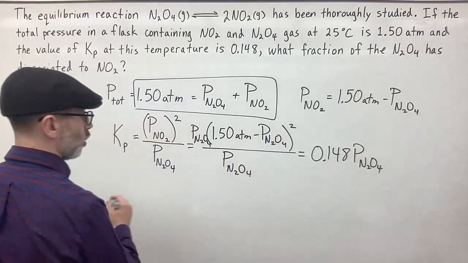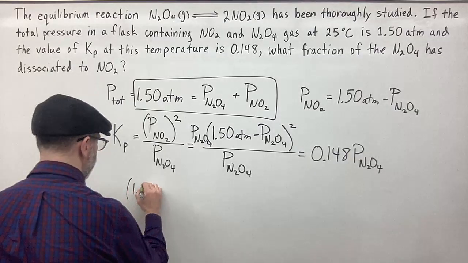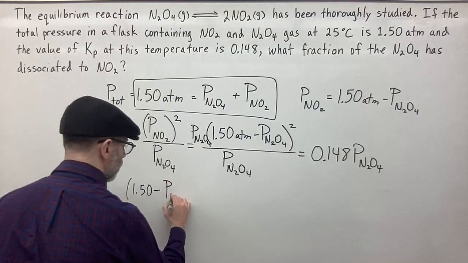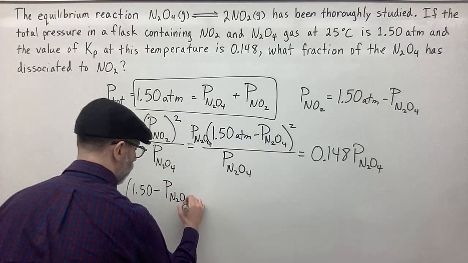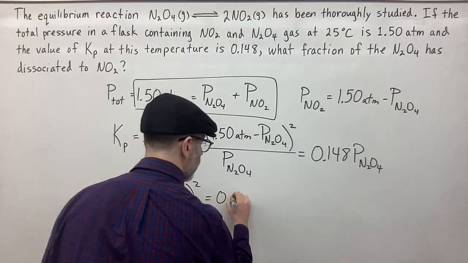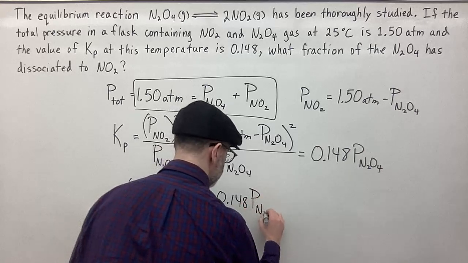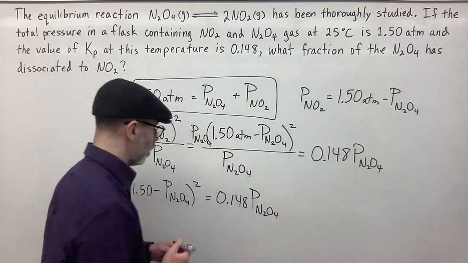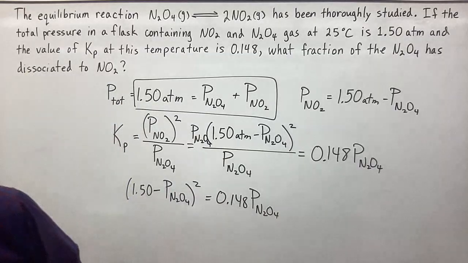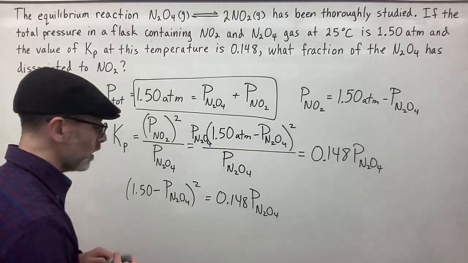So then we have 1.50 minus the partial pressure of N2O4, squared, is going to be equal to 0.148 times the partial pressure of N2O4. So now we can expand this, and when we expand it, we get, excuse me,